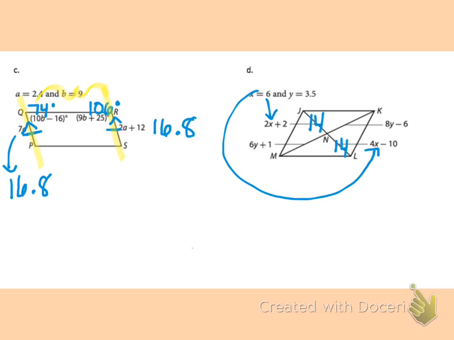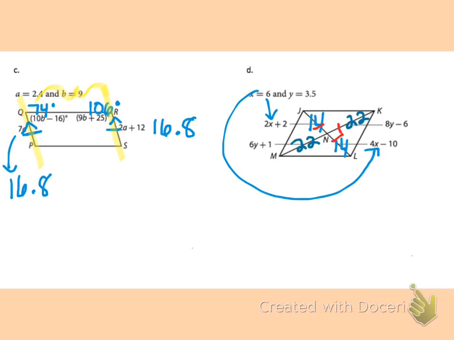So we've got one pair of these little segments that are equal, meaning that n is the midpoint of that segment, and now we just have to do the same thing on the other side, the other segment. So this time y, they say y is 3.5. 6 times 3.5 is 21, and then add 1, that makes 22. And then 8 times 3.5, which is what y is, and then subtracting 6 gives us 22,